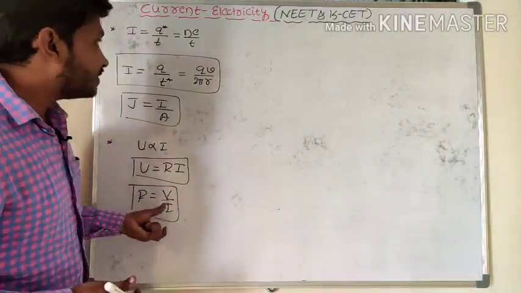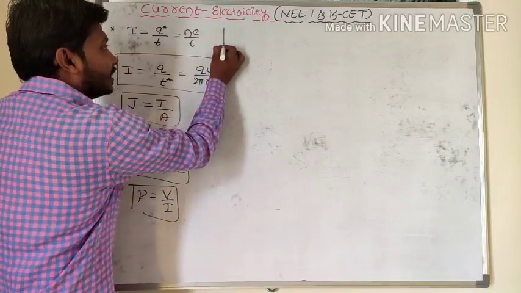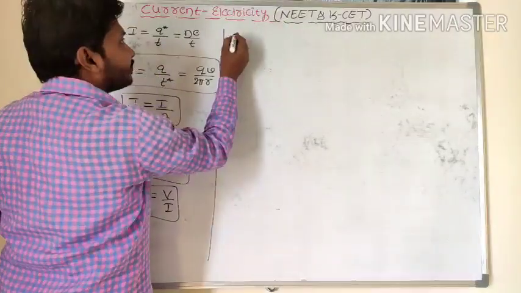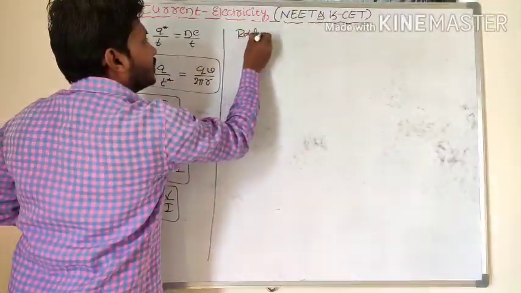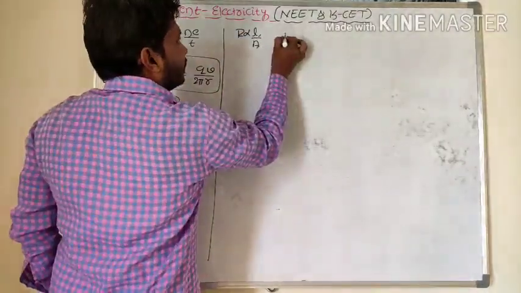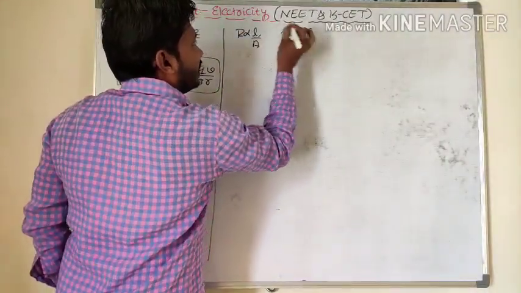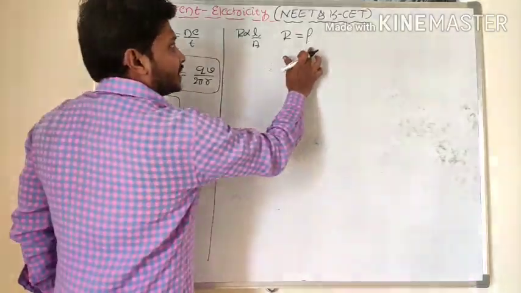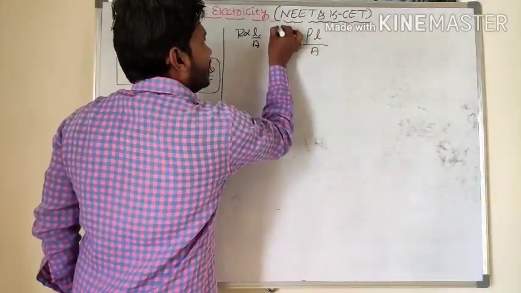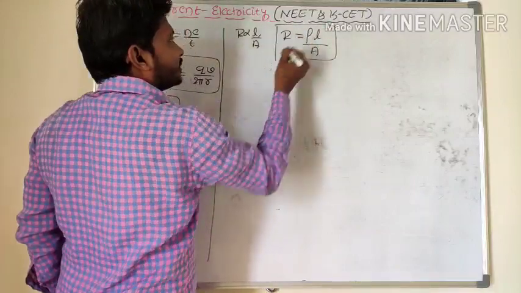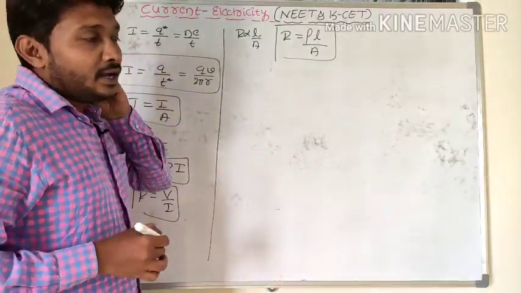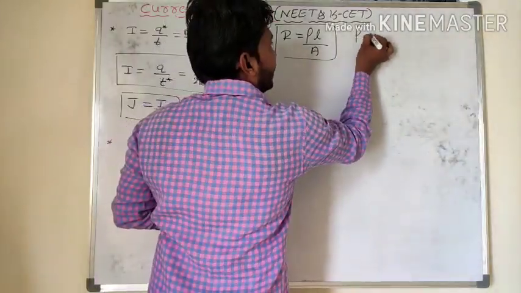On what factors does this resistance depend? The dependent factors of resistance: resistance is directly proportional to length and inversely proportional to area. If you remove that proportionality constant, I will name the term resistivity. Resistivity means resistance per unit length. So R is equal to rho L by A. It means that resistance is directly proportional to length and inversely proportional to area, where resistivity is independent of